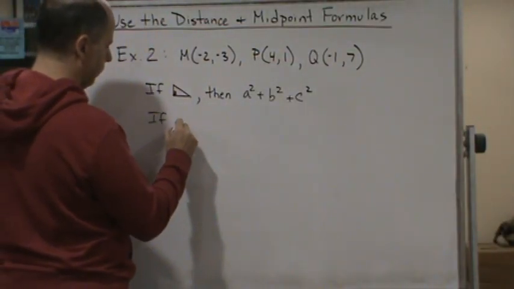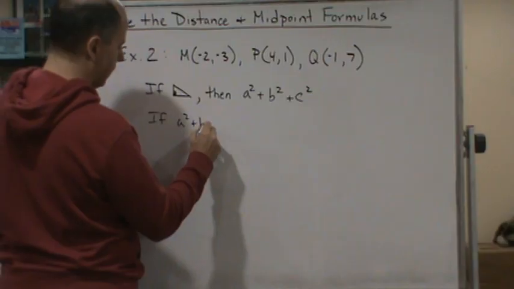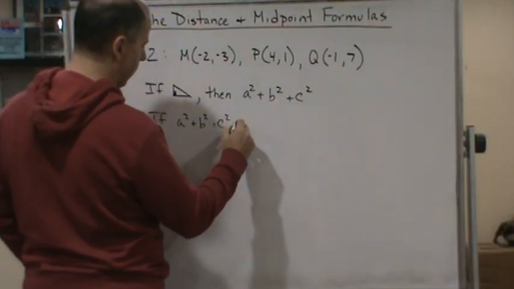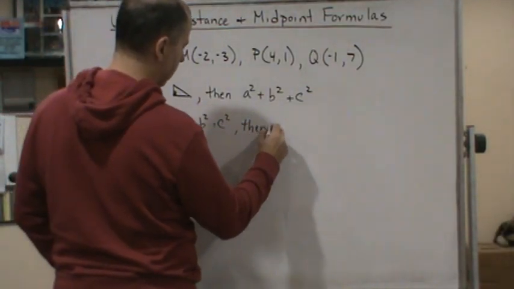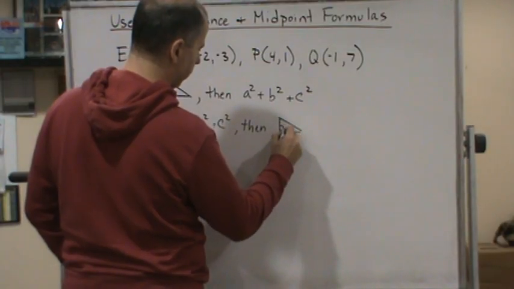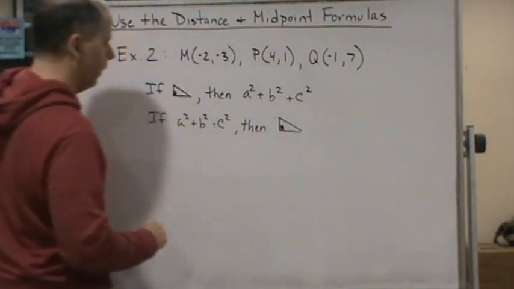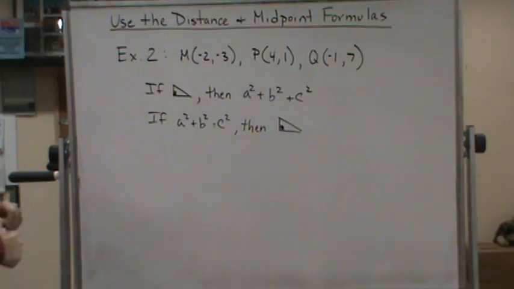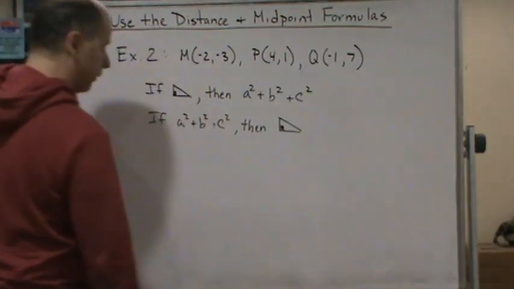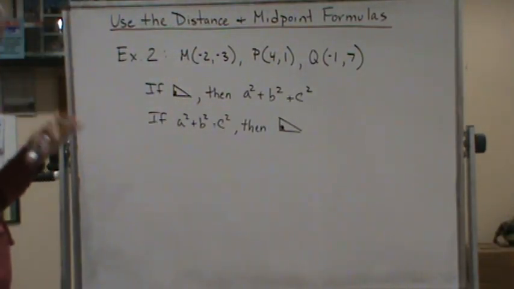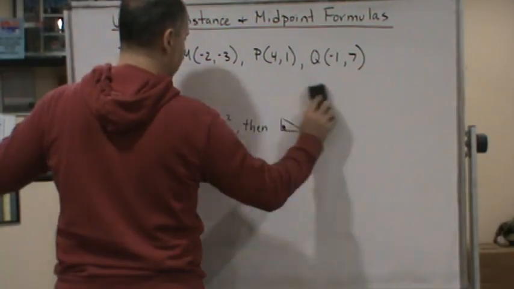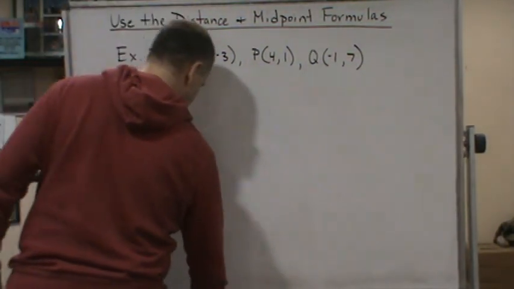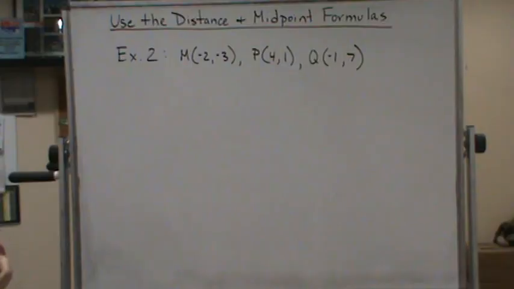If a squared plus b squared equals c squared, then you have a right triangle. Okay? So that's what we're going to use. We're going to use the Pythagorean theorem, the definition of, to help us decide whether we have a right triangle